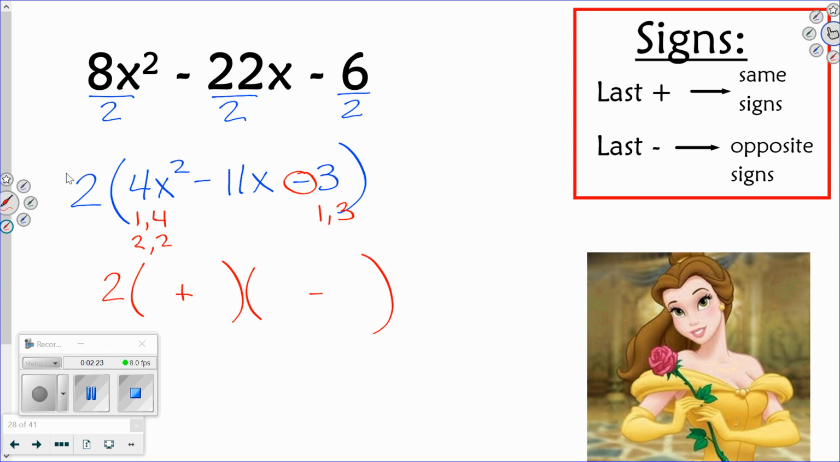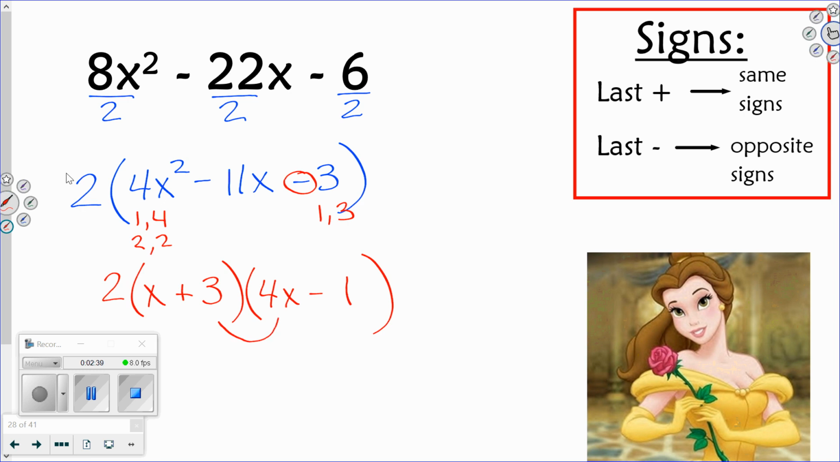Do you want to go 1 and 4 or 2 and 2? 1 and 4, so 1x and 4x. Do you want to go 1 and 3 or 3 and 1? Because it does make a difference. It changes which ones multiply with. 3 and 1. And then when we check, remember we can do the little cheater check,